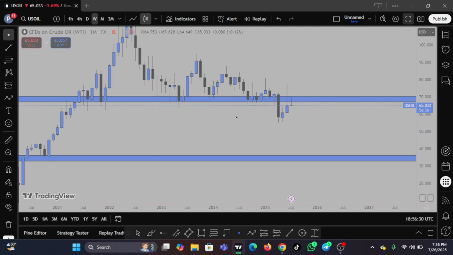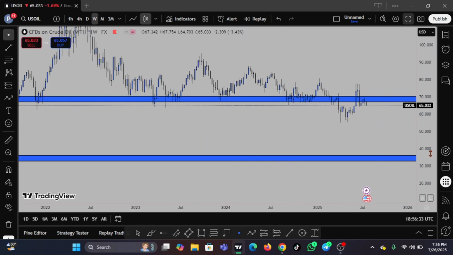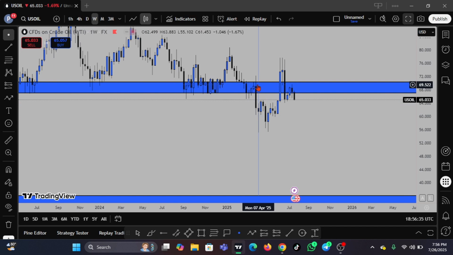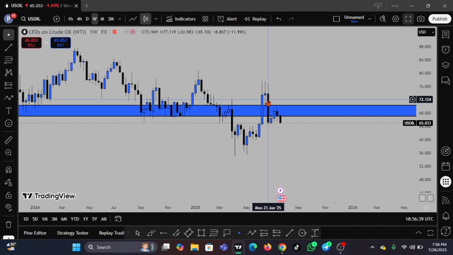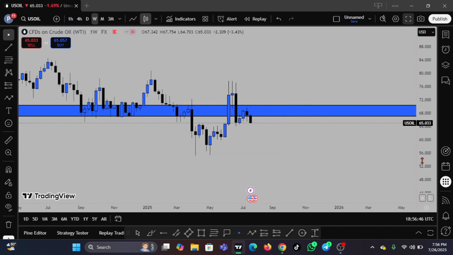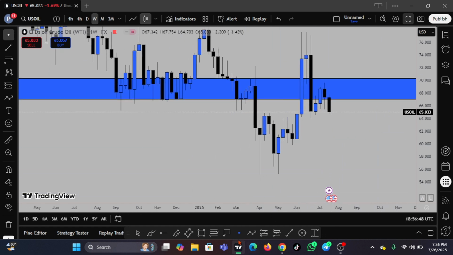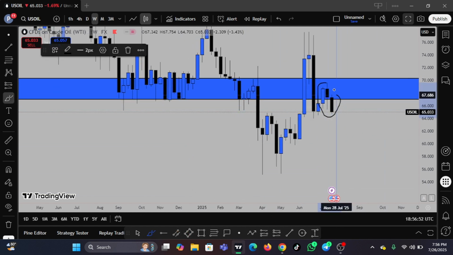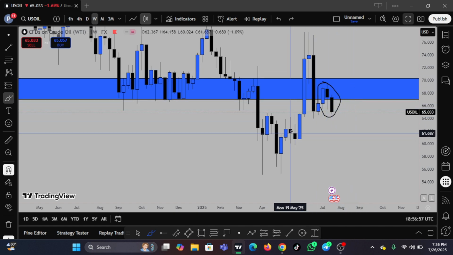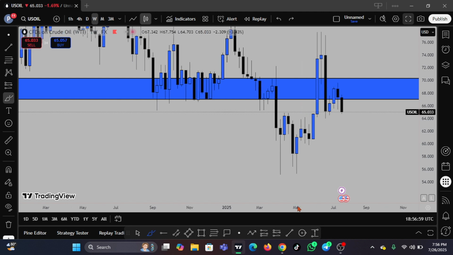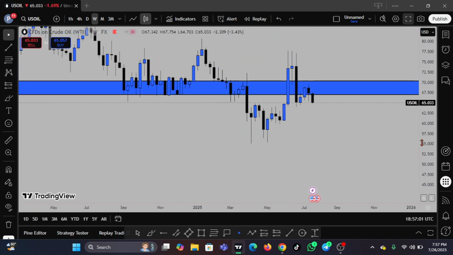So let's scale down to the weekly. On weekly charts, you can see this is the break, this is a retracement, and we did have my favorite candlestick again, the evening star. Break below, small retest, now price giving me another evening star. That's my favorite candle entry, evening star right here, short opportunity, stop loss above. Let's ride the trend to the downside. So of course I'll be trading US oil.